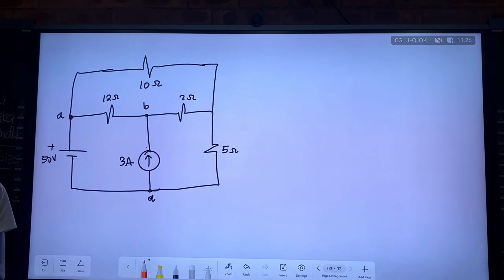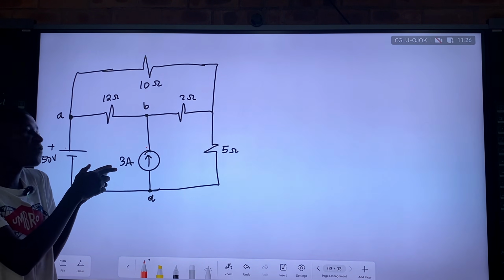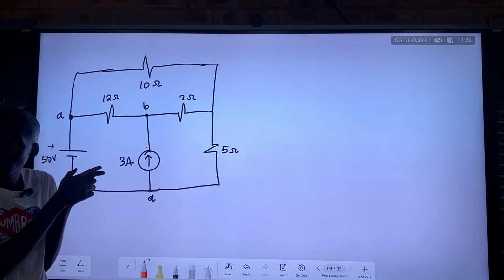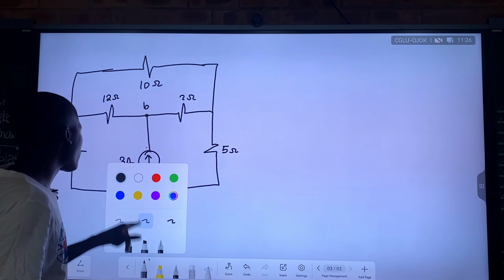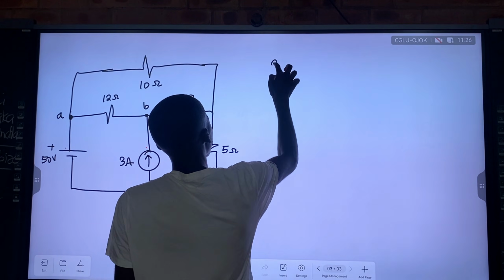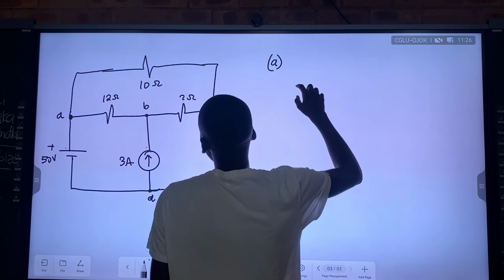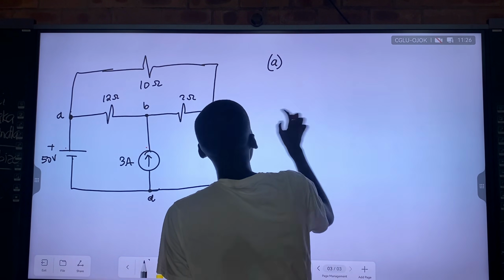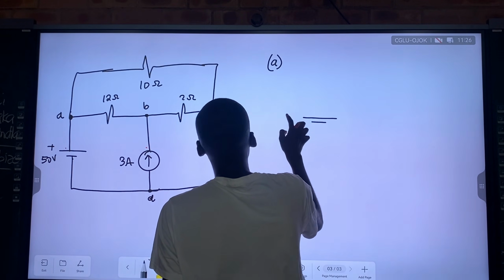Let us start with the effect of the voltage source alone. Asiqale njenge effect yani ye voltage source iyodwa. So it means that I'm going to remove the what? The current source, angisho. Yes. So now let's do that. So to remove, I'm going to have my new circuit A there where I remove the effect of the current source.